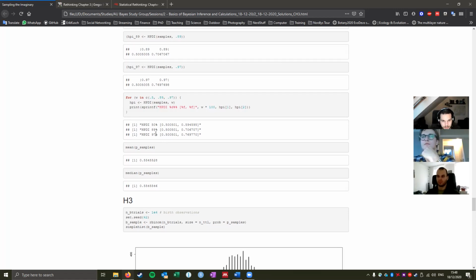One second. I've got to wrap my head around this myself. Yeah. So the more weight that is supposed to be contained, or the more area that's supposed to be contained within your highest posterior density interval, the wider the interval will become. And that's why we're seeing these numbers change quite a bit. But it seems to have a huge issue with going below 0.05. So the highest posterior density interval really argues that there's a huge